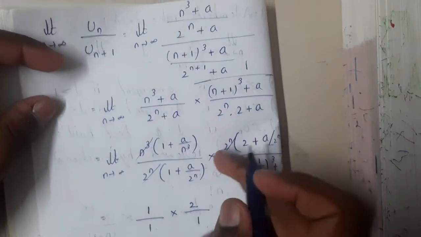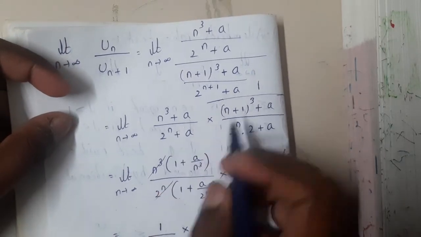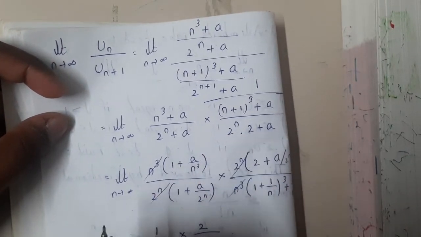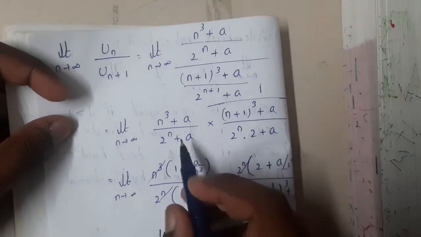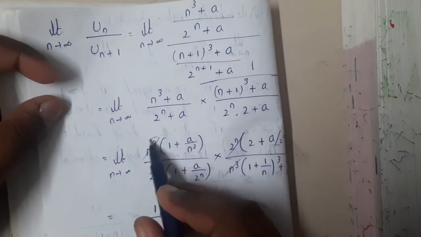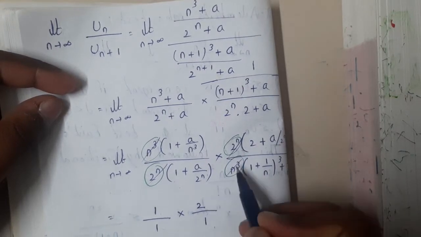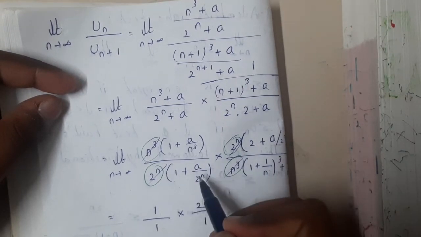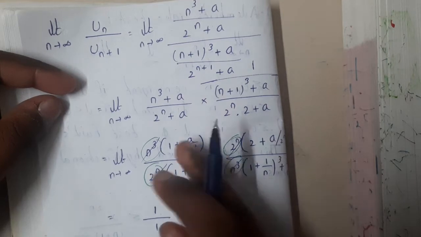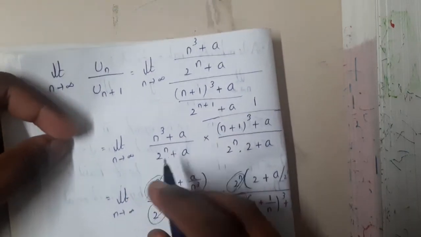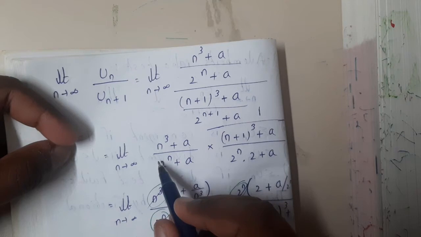At the end you will be ending up with the same powers, guys. That is the main magic here. Here we are having n cube, here we are having 2 power n, here we are having 2 power n, here we are again having n cube. So these two will cancel and these two will cancel, right? In that way, I think here I wrote it reversed, guys. Just give me a second, I'll just observe it.